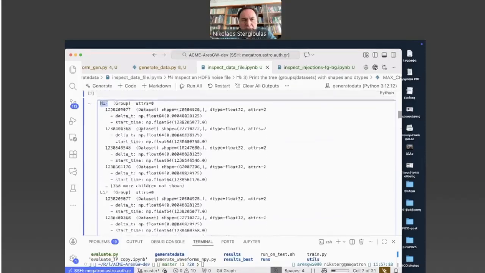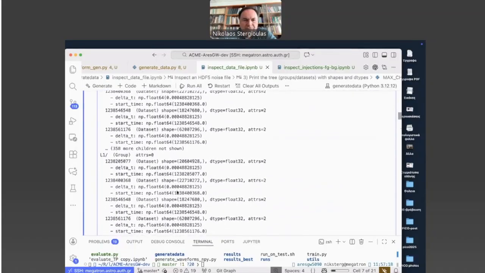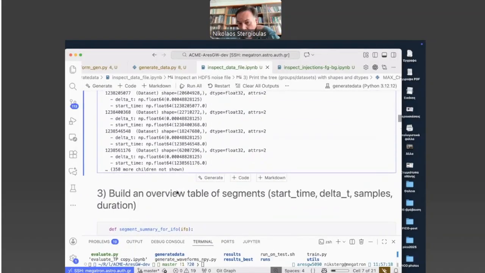So you may ask, why is the data split into so many different datasets? Why isn't it a single continuous dataset? I think very soon you will see the reason in a very interesting plot that we are going to generate.